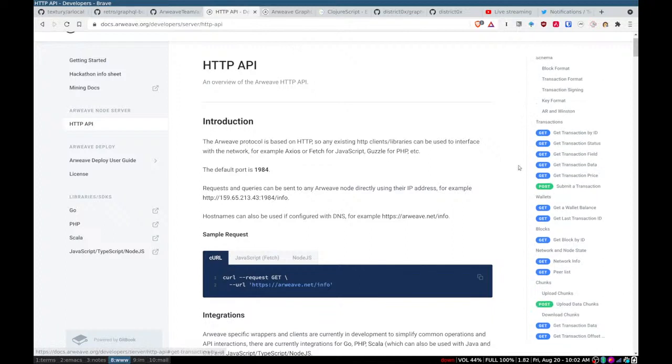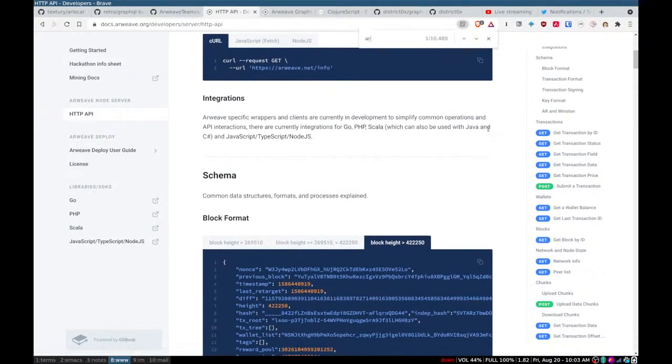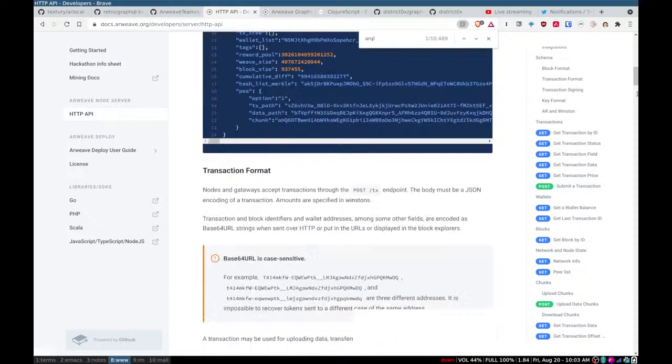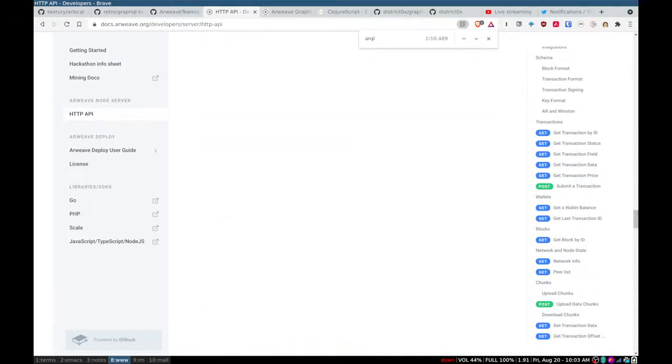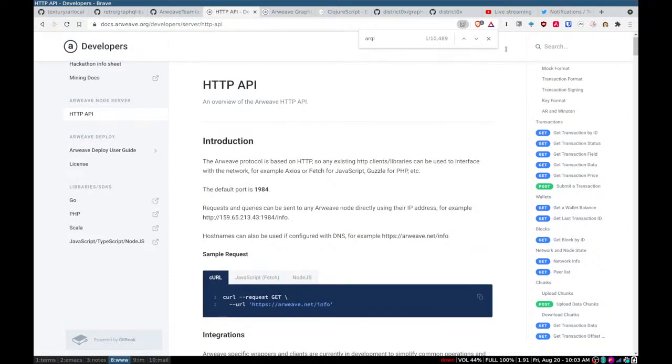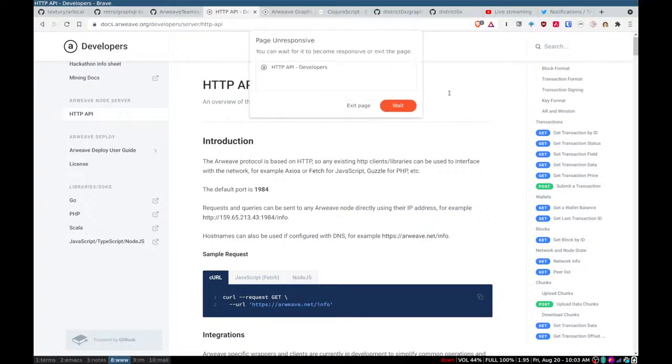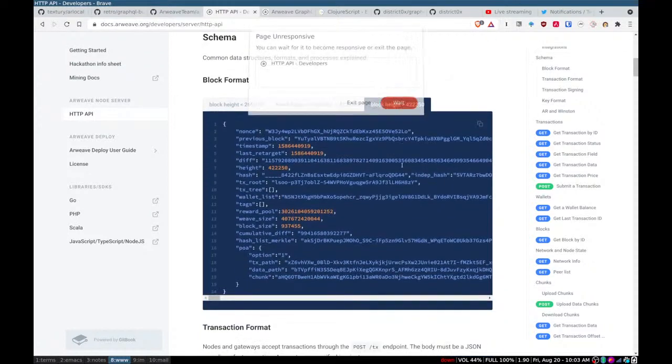A while back, there was a custom query language on top of Arweave called, I think it was ARQL or something like that. If you see references to that, that's really old. Don't use it. You should be using the vanilla HTTP API for grabbing things like transactions and blocks, or the GraphQL API if you want to do queries. And unfortunately, this page with the HTTP API has some really large amounts of data embedded in the examples,